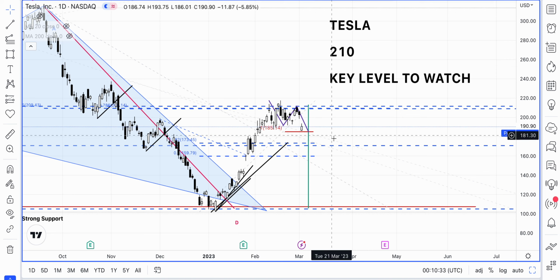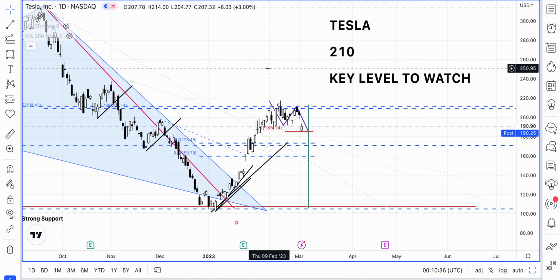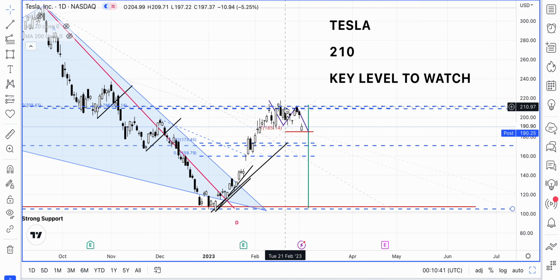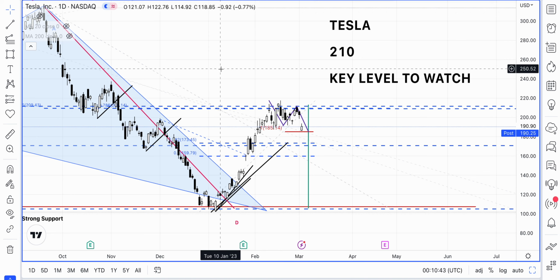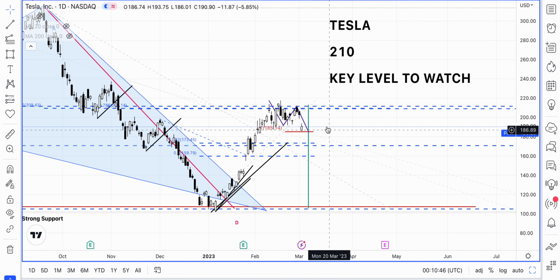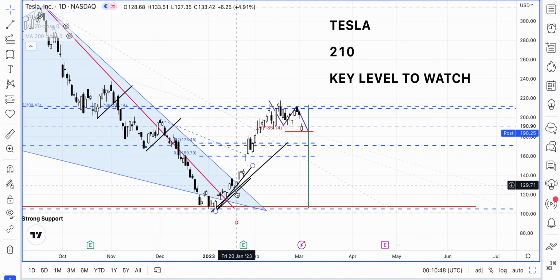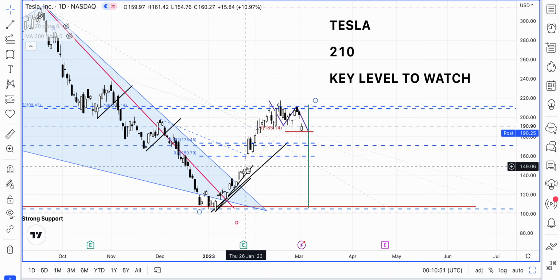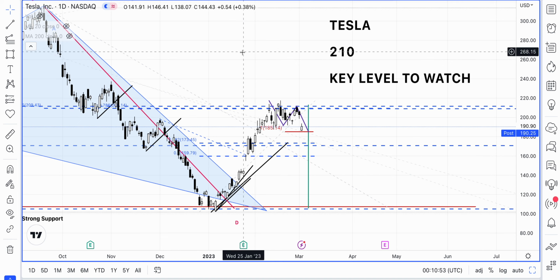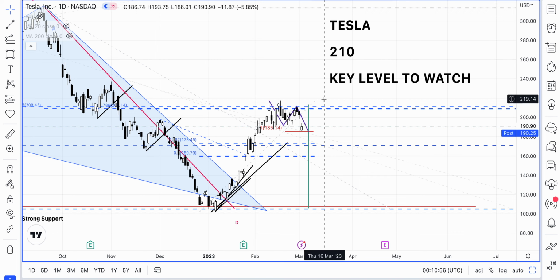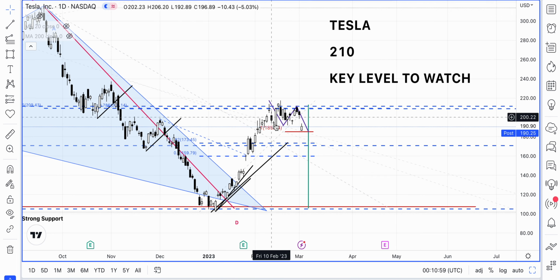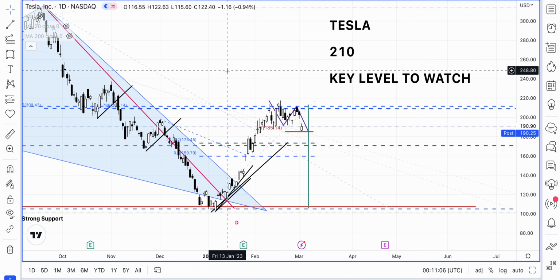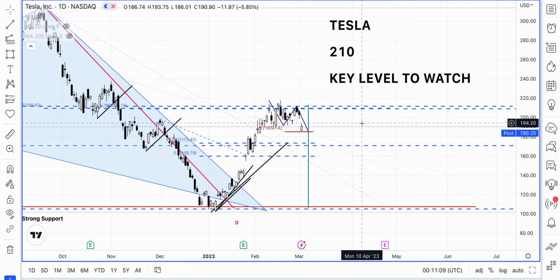So we have been mentioning for quite some time the 210 level as a key level to watch, which could act as a strong resistance. Price could either consolidate here or even move lower. We do have this open gap here. At some time this gap will get filled, we just don't know when. So what we have seen is a pullback, but the good thing is that it also did this in an ABCD formation. So this way, if the broader markets also begin to move higher, which we anticipate perhaps